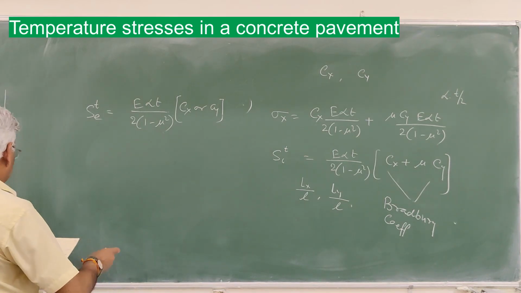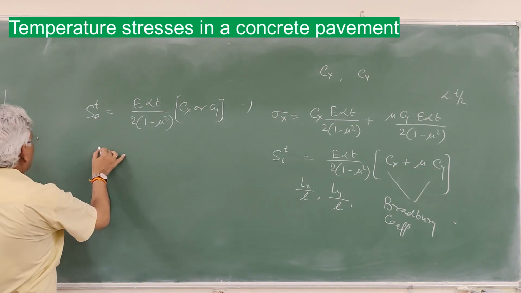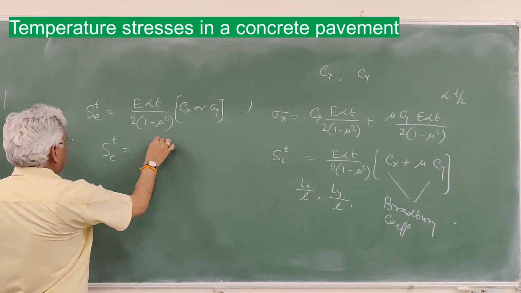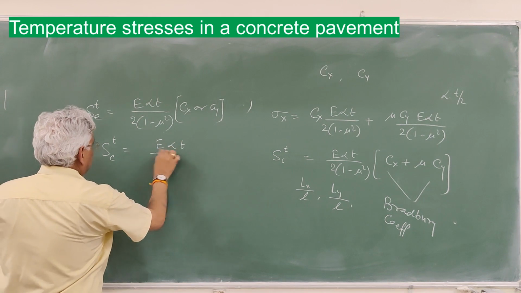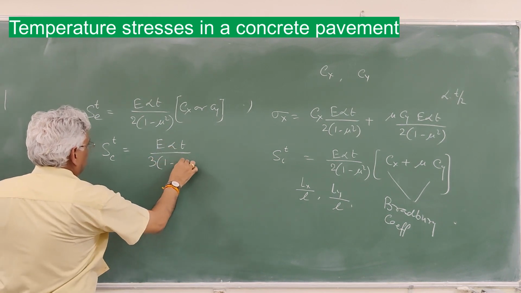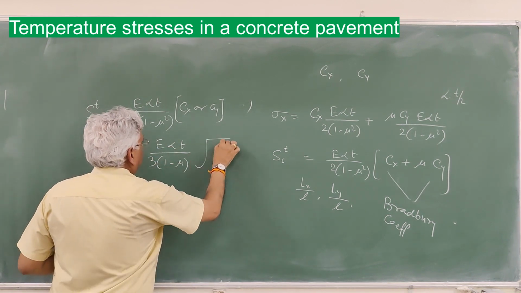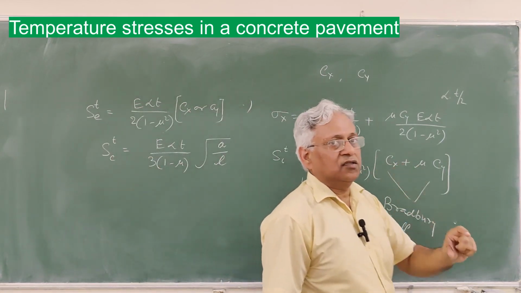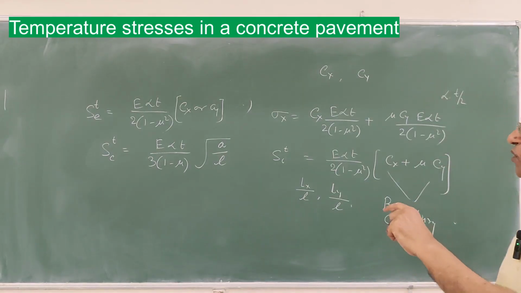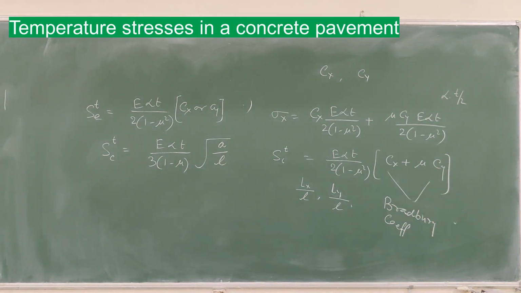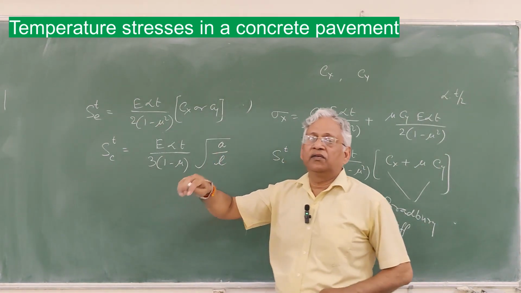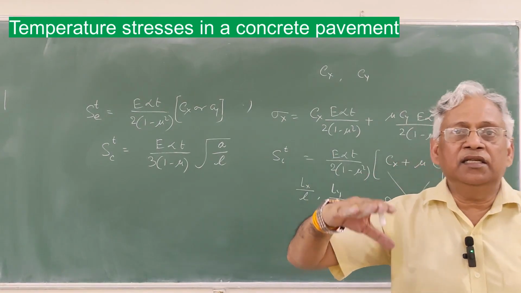And at the corner, the stress SC because of temperature is given by this equation: E alpha t upon 3 into (1 minus mu square) into root of A upon L. A here is the radius of loaded area and L, as usual, is the radius of relative stiffness. So these are the stresses at the interior, at the edge and the corner because of temperature gradient in the